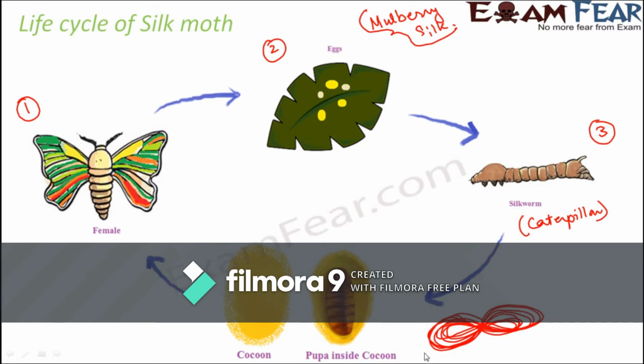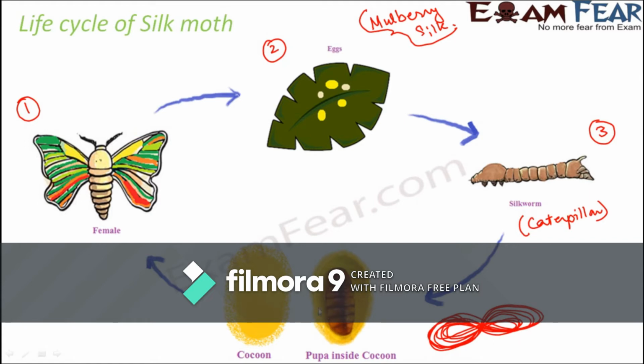And this net-like structure over a period of time hardens in the presence of air. Initially it looks like saliva, but it is not actually saliva, it is some protein which is like saliva. So when that protein is exposed to air, it starts becoming hard, and this hardened protein later becomes the silk fiber. So that's how it happens.